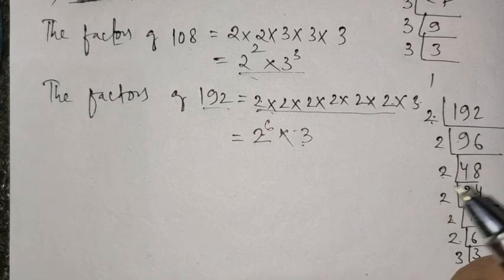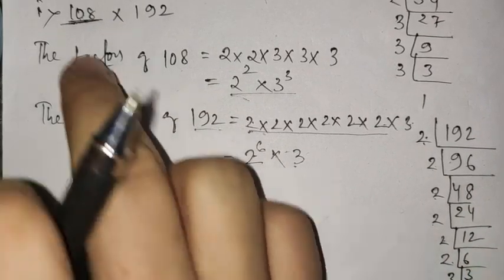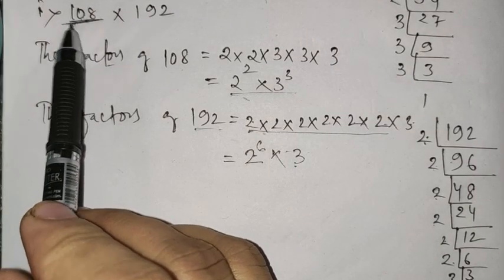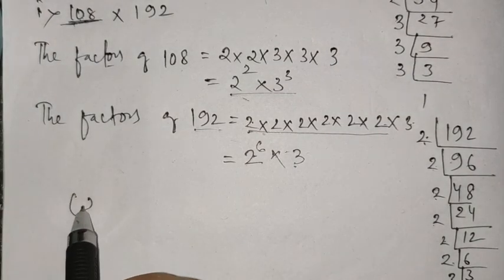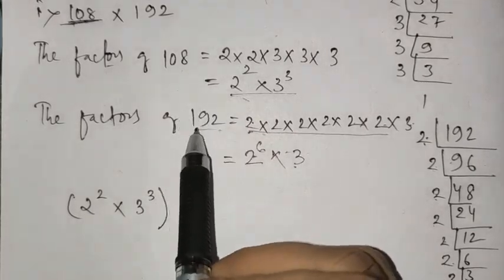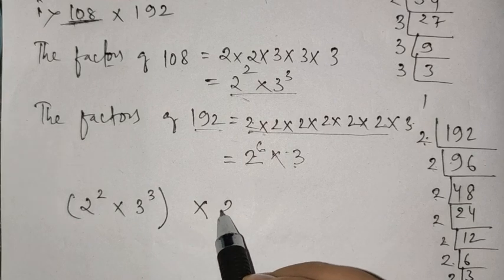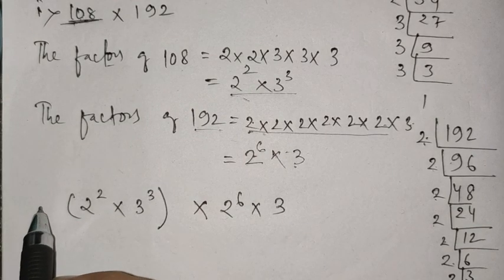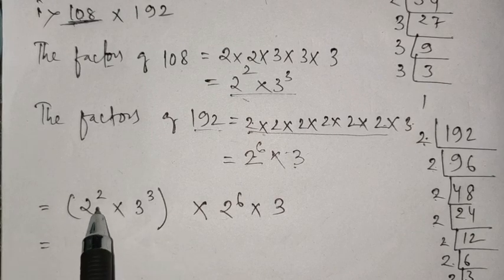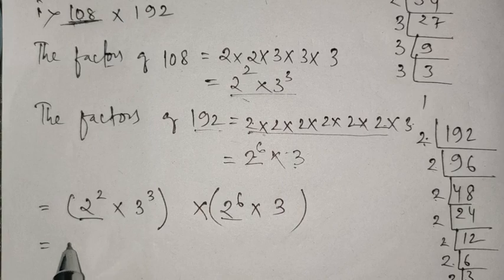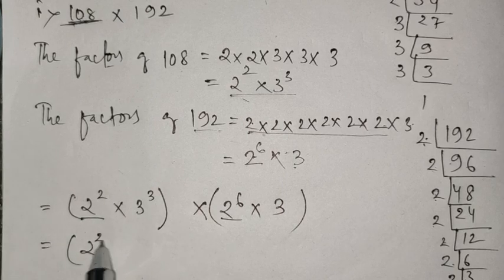Alright, now what is in the question? 108 into 192. What is the exponential form of 108? It is 2 square into 3 cube, and into that, what is the exponential form of 192? It is 2 to the power 6 and into 3. These are the prime factors, right? Now you have the same base here, 2 and 2. Bring this 2